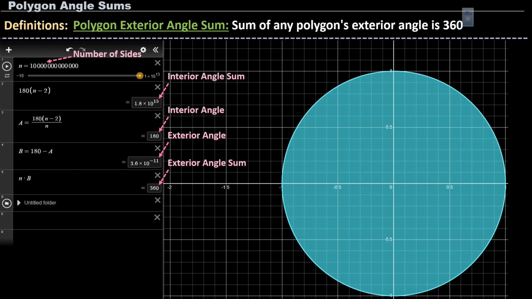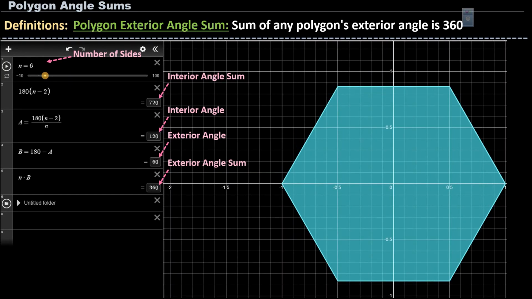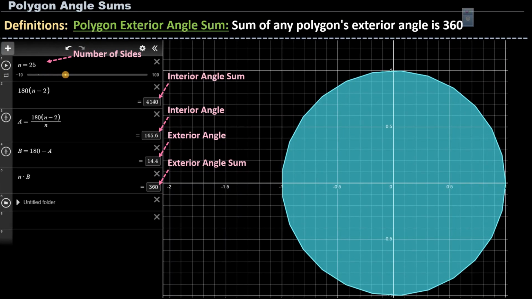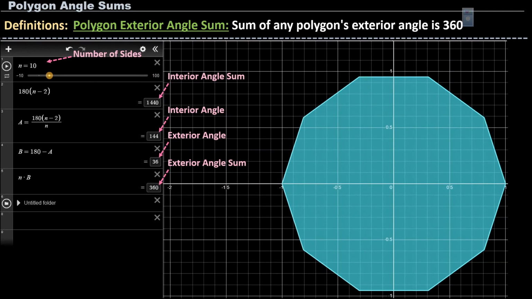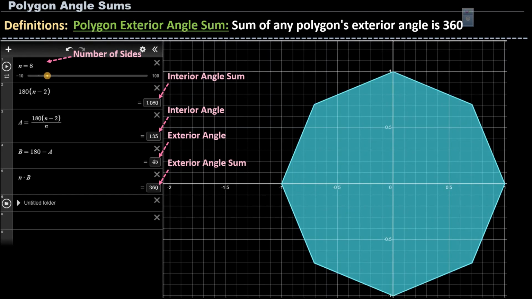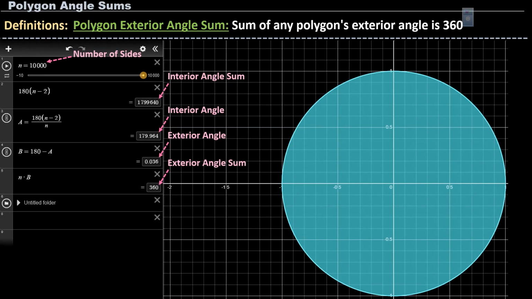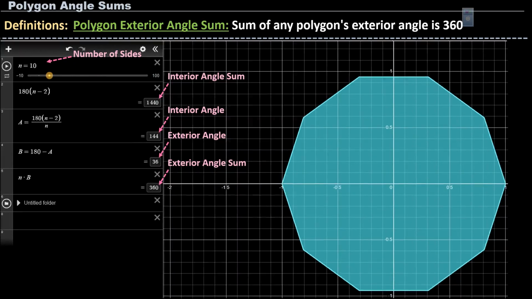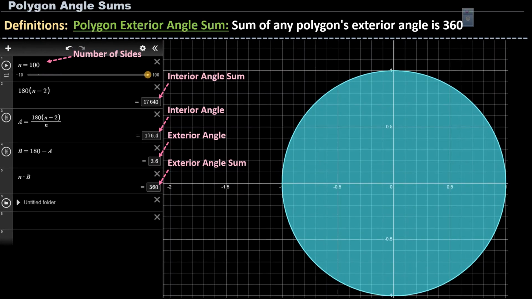So the difference from one side to the next is almost not there at all. The exterior angle gets closer and closer to basically 0, and the exterior angle sum is still 360. So no matter what size shape you're looking at, as you increase the number of sides, the interior angle sum gets incredibly big, but the exterior angle sum is still always 360. And so this is why a circle has a degree measure of 360, because adding up all the exterior angles will always still give you 360